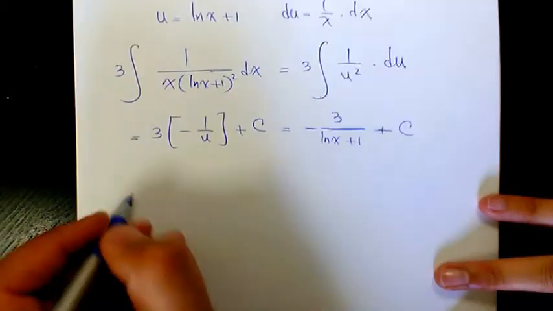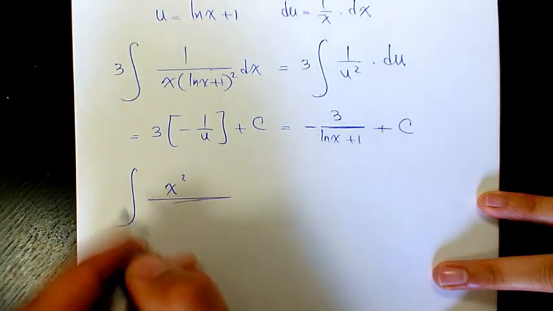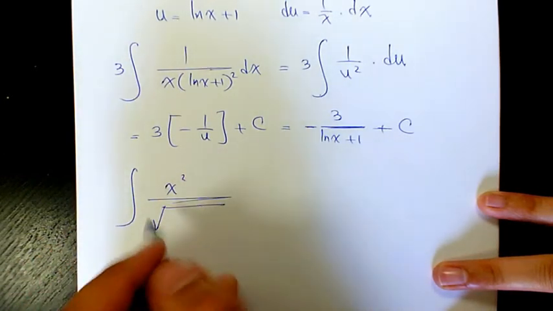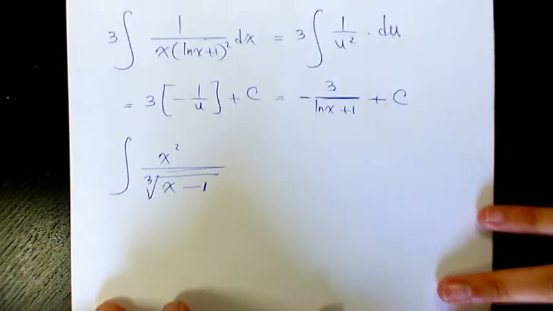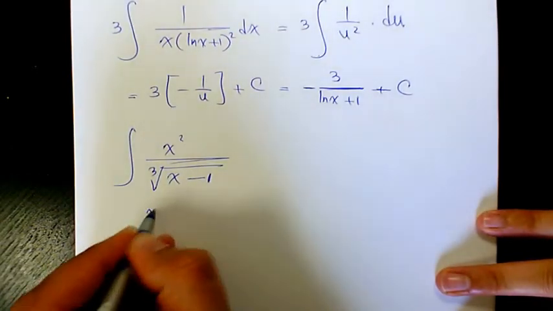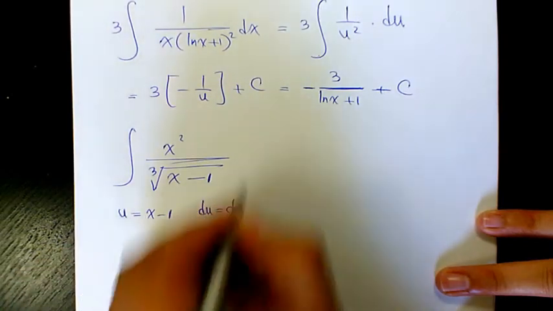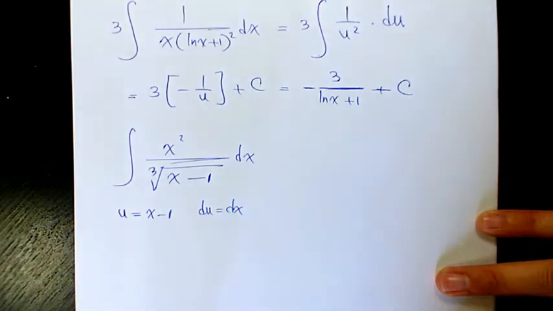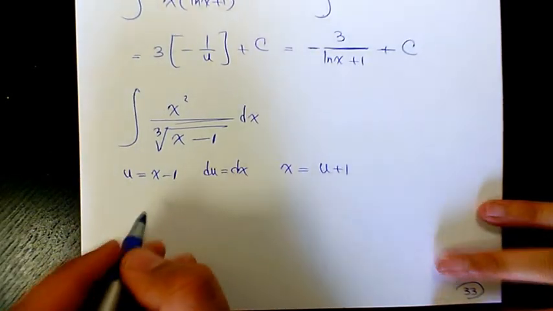Next example. x squared over the cube root of x minus 1. So I'm going to have x minus 1 equals u. So du equals dx. We have a dx here. So x is going to be u plus 1. So we have